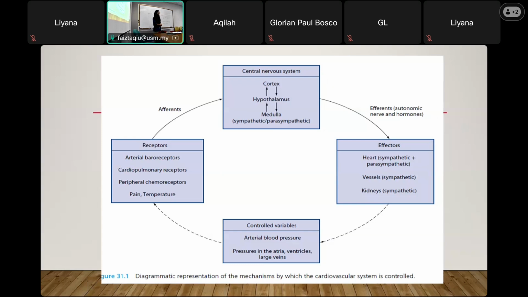Because CO equals heart rate times SV, right? So during that range, you can either change the heart rate by pacing or you can change your stroke volume, which is auto-regulated. And that's why the cardiac output remains a plateau. But beyond part C, your diastolic time is very short. So that's why it becomes stroke volume dependent. Any questions up to this point? Because I think this will be the end of it. Any questions? You all understand this picture?